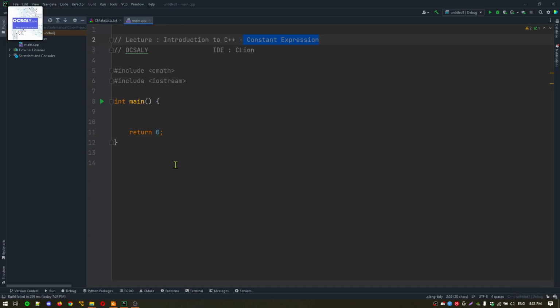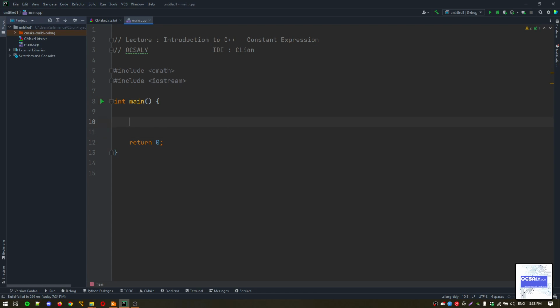In this lecture, you will learn about constant expressions in C++. C++11 introduced a keyword called constexpr. This is applied to an expression and indicates that the expression should be evaluated at compile time rather than at runtime. So, for example, let's write some code here: constexpr double pi